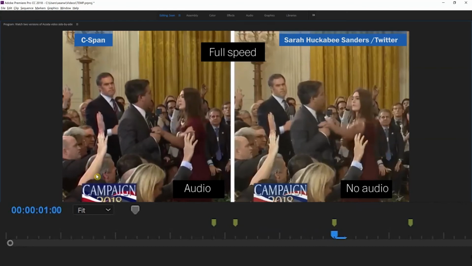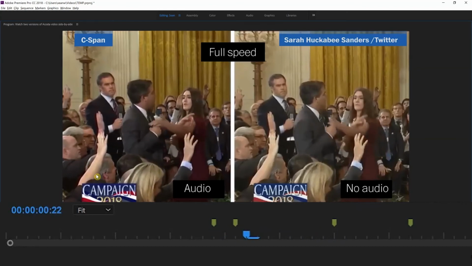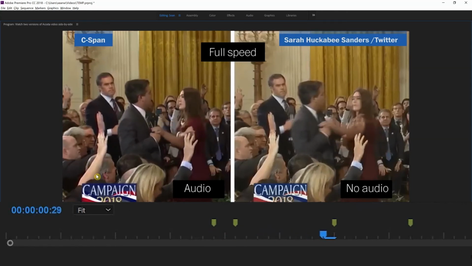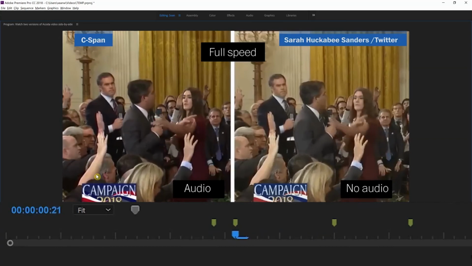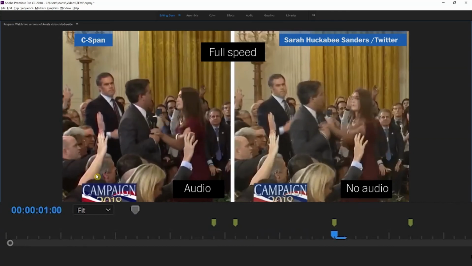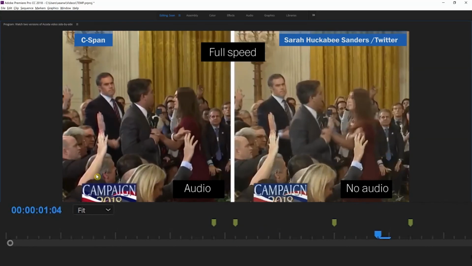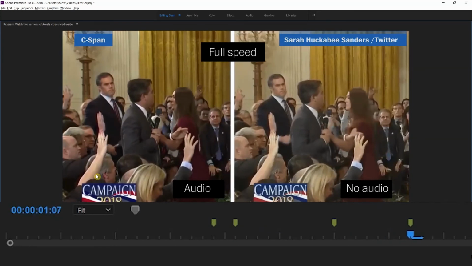And this is where things do get a little bit off. And you start to see the shift in what's going on here. If it were consistent and not any different at all at this point, we would still expect it to be 2 frames off because it's just out of sync. Instead, that happens in the Twitter version 5 frames later. Well, 7 frames, actually. So this is the 2 that I would expect, but then it's delayed by an additional